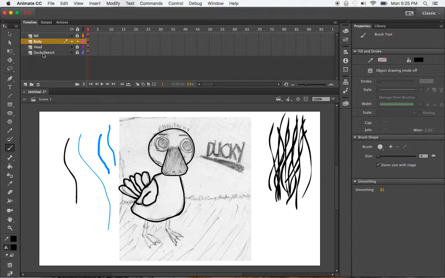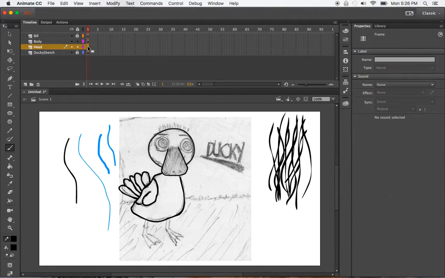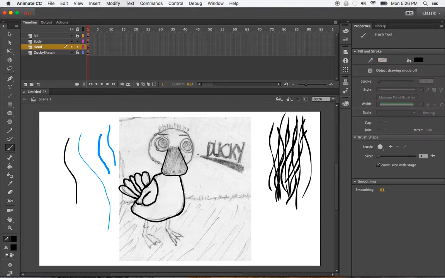So that's got the body. Now that I've done that, I actually don't like the beak, so I might just quickly change that. And I don't like the head really either. I might just do it all traced. So I'm just going to delete that. An easy way to select something, which is another reason why it's good to use separate layers: if you click on the keyframe of a particular layer, it will select everything that's on that layer. So I press delete now. That selected the whole head layer. And now I can just